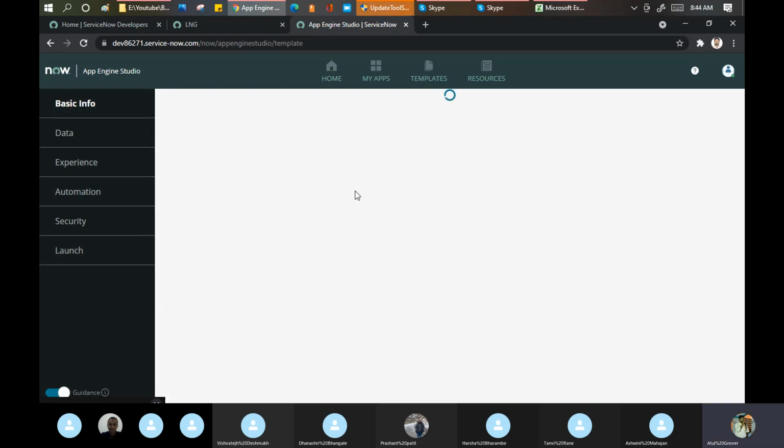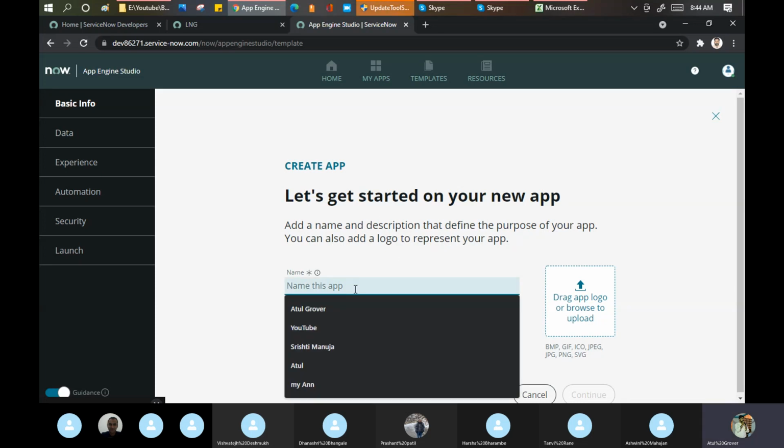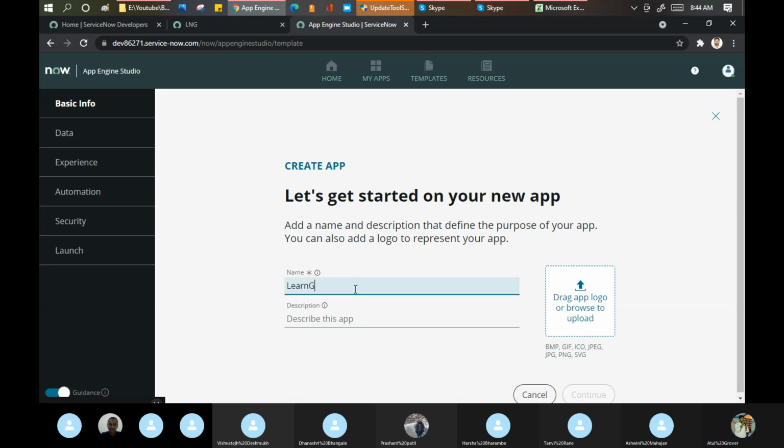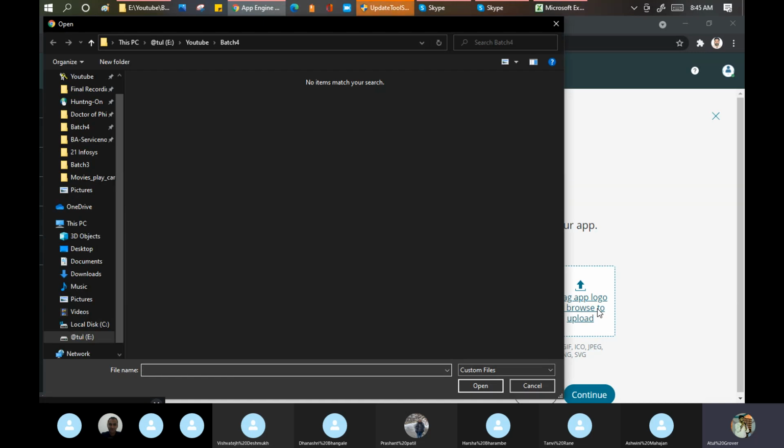The front end is good actually. If you see here, your application name, Learn Grow. Anything you want, you can put any image. If you see WhatsApp on the Google Play Store, you find the image as well, right? Same thing is there.